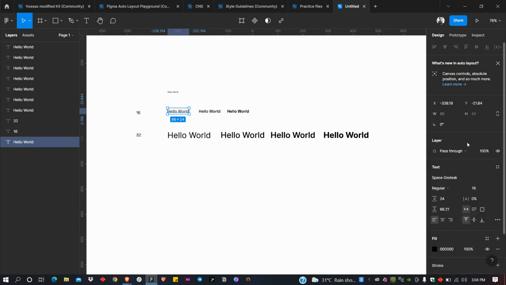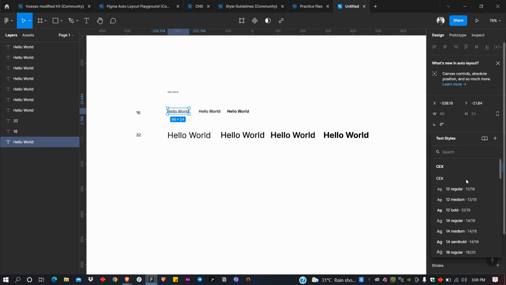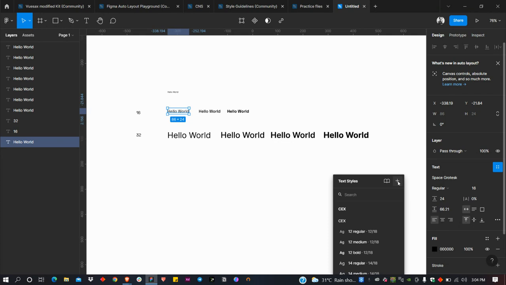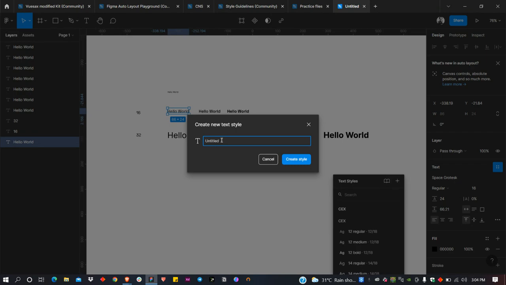So when you click on that style, the first thing it wants you to do is to see if maybe you want to pick an existing style. If you don't want to pick an existing style and you want to create a style out of what you have here, you just click on the plus. So once you click on the plus, you can create a style. This one was 16 regular, as you can see here. So we can just say, you can use any kind of convention. You can say 16 stroke regular,